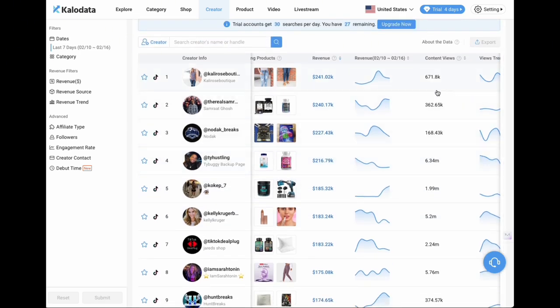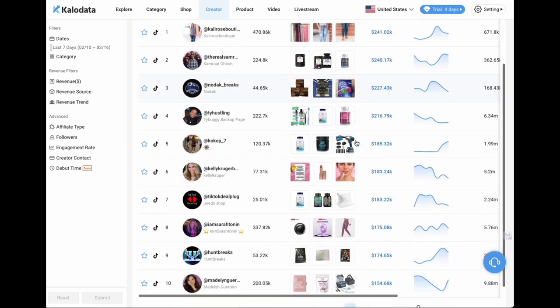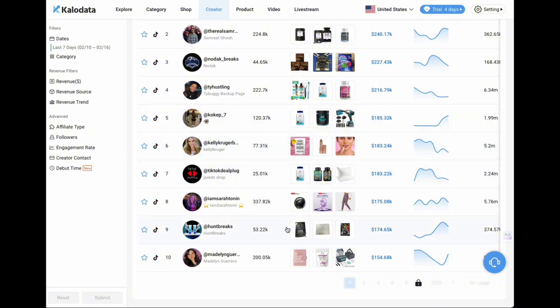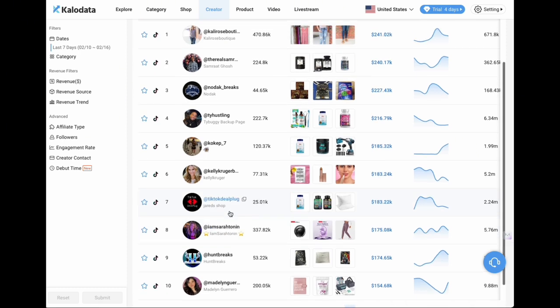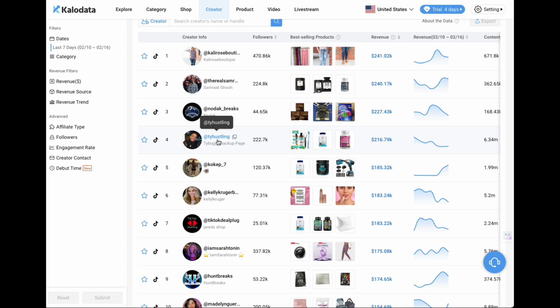You can see the different view counts here for the different creators. You can see the different products. You can see their username here as well, which you can access even on the free version, which allows you to then track those creators on TikTok, follow them and see what they're promoting and what videos of them are doing well. If I click on, say, this creator's name, for example, Thai Hustling,